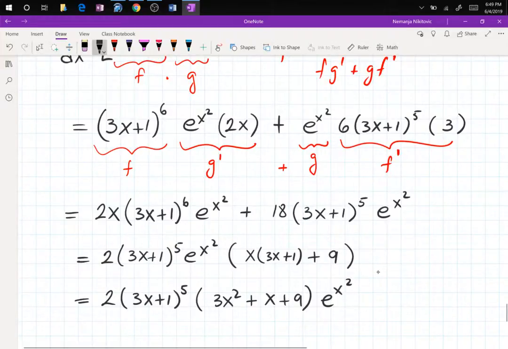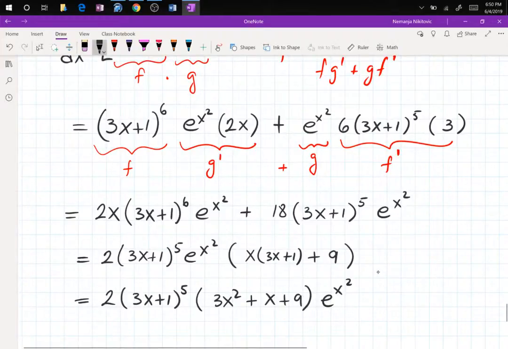This is supposed to be the product rule. Yes. Do the product rule, f g prime and g f prime. And then I did algebra after that. So, all right. So for